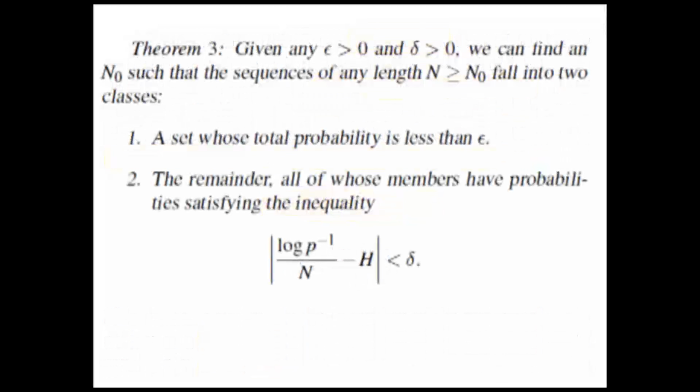All right, then he gives this theorem, which he proves rigorously, and this is, of course, what we call the asymptotic equipartition property for the case of Markov chains. So the typical sequences exhaust most of the probability, and their individual probabilities are roughly the same according to this formula.